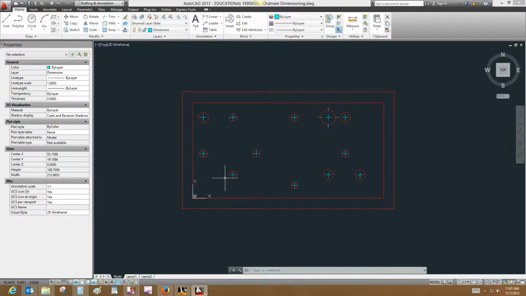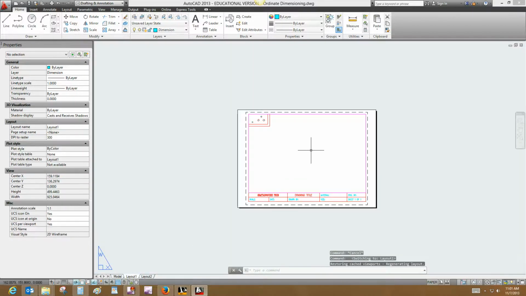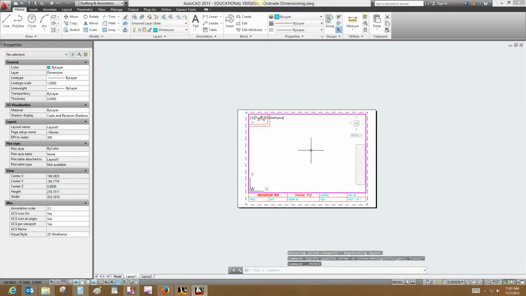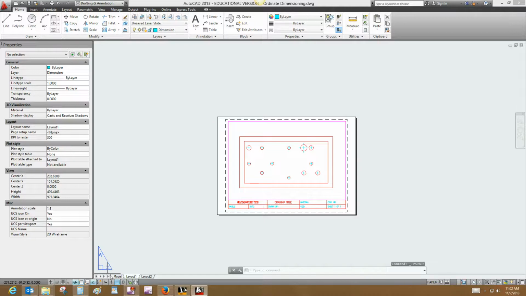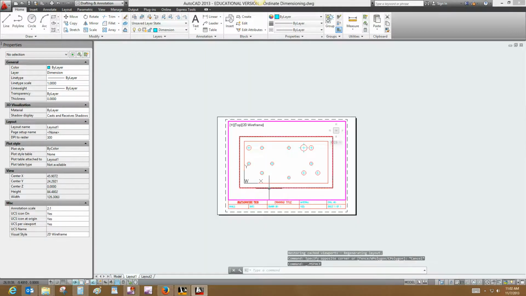If you're dimensioning in model space, I think it's a good idea to go to your layout tab and scale your viewport. So find your drawing in your viewport and then try to find a scale that works. It looks like 2:1, or double scale, is what's going to work well for this particular drawing. So go ahead and scale and lock it, and then come back over to model space. I also believe you could just as easily do this through the floating viewport here,